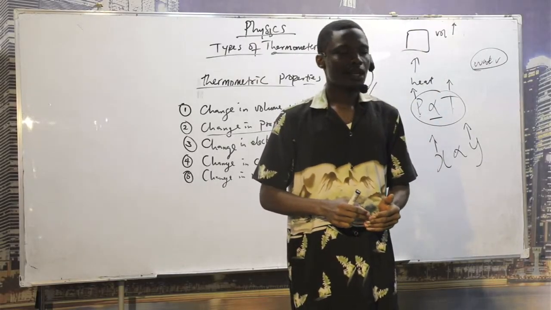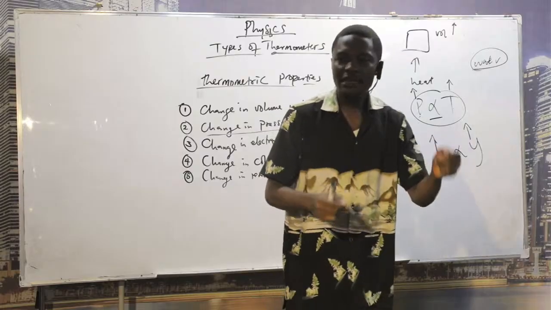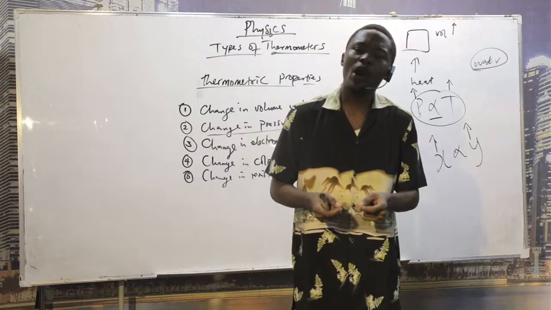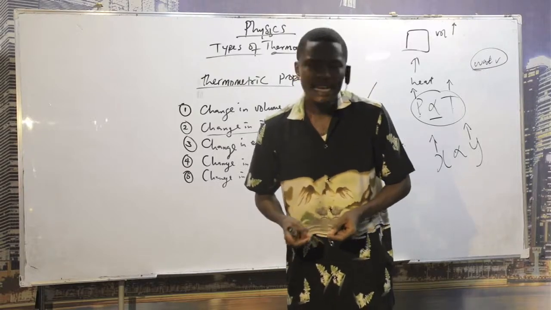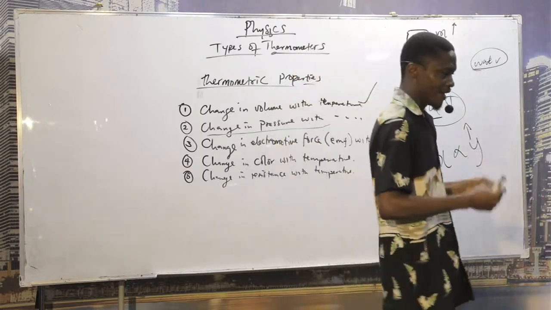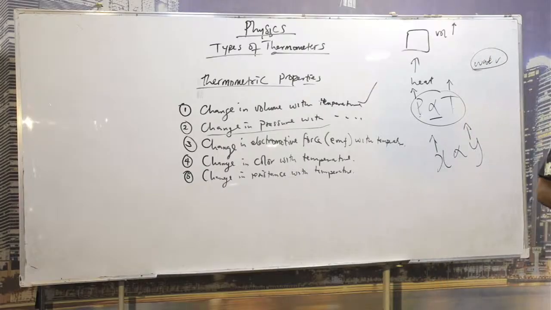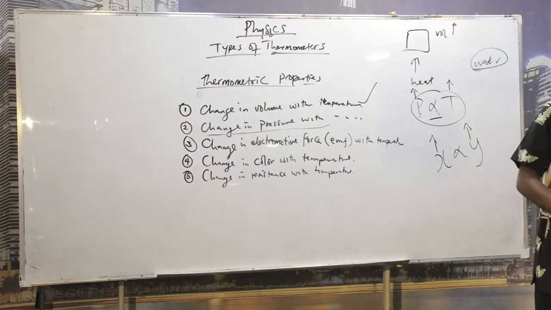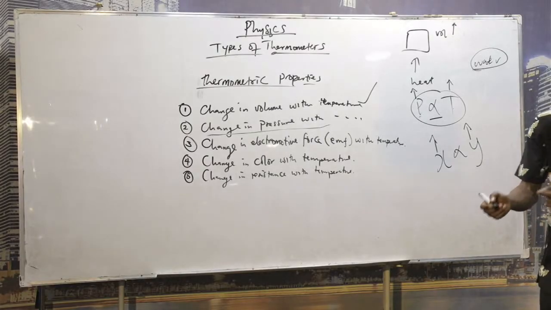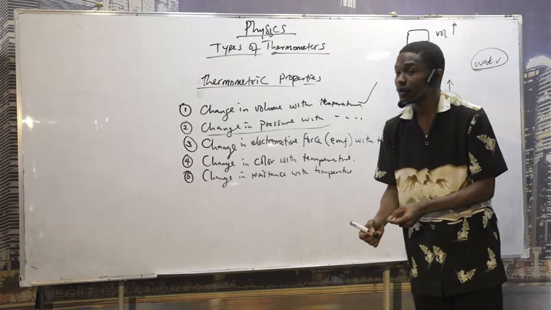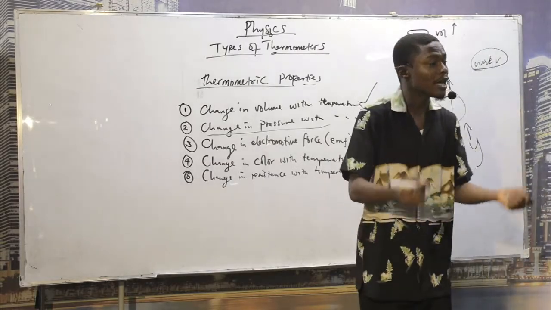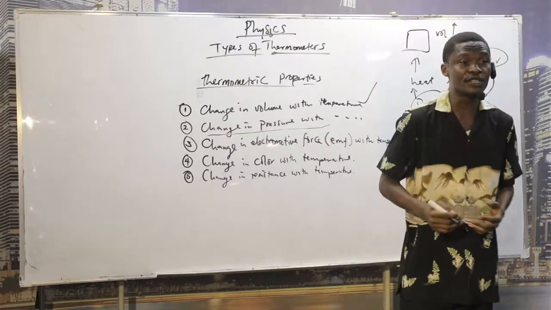Okay? Another example. Demand and supply. You know what demand is? Demand is what people are looking for in the market. Supply is what producers, manufacturers are bringing to the market. Now, demand and supply, how do they affect each other? When the demand of a commodity increases, what should happen to supply? Should also increase. So if people start wanting a particular commodity, everybody should start producing it so that it